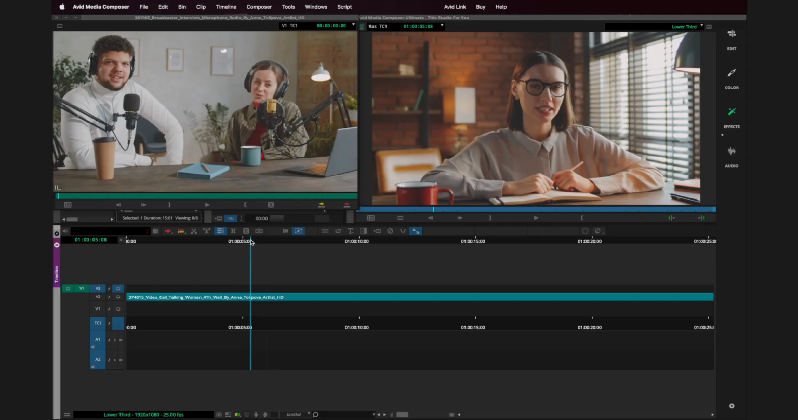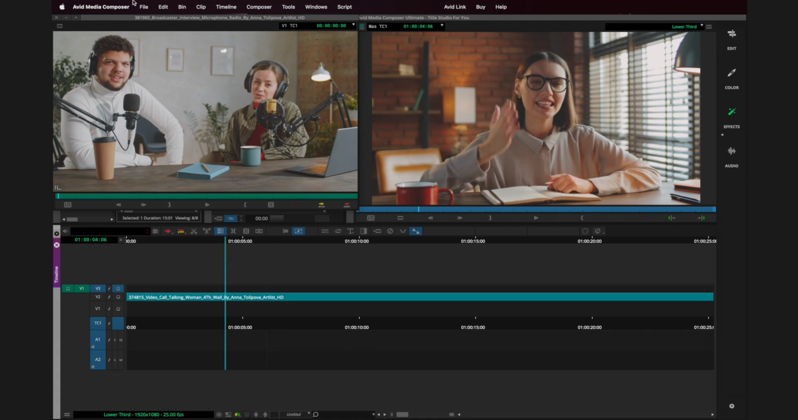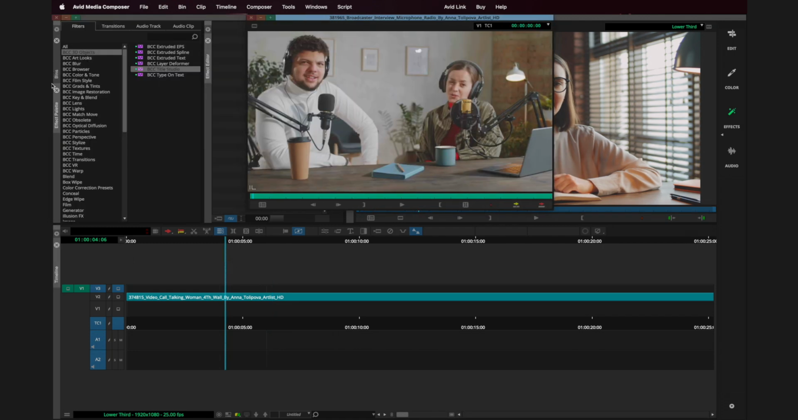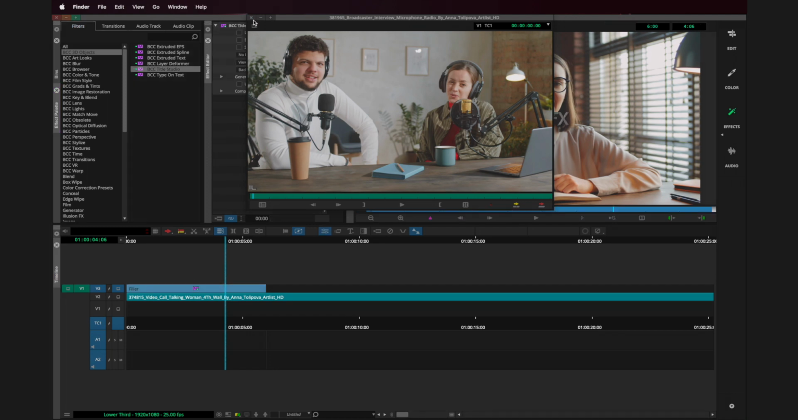I'm here inside of a new sequence, and I'd like to add a 6-second lower third over this subject. I've already created an additional track above that clip and also made an incision here with an add edit on the filler. I'll just move this video over to the side where I'll go back to the effects palette, into the BCC 3D objects category, and then select Title Studio to place on the filler and just close this window